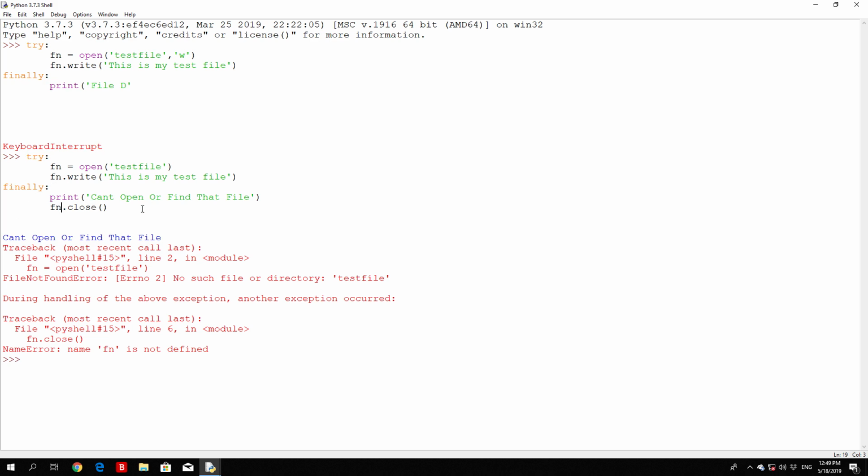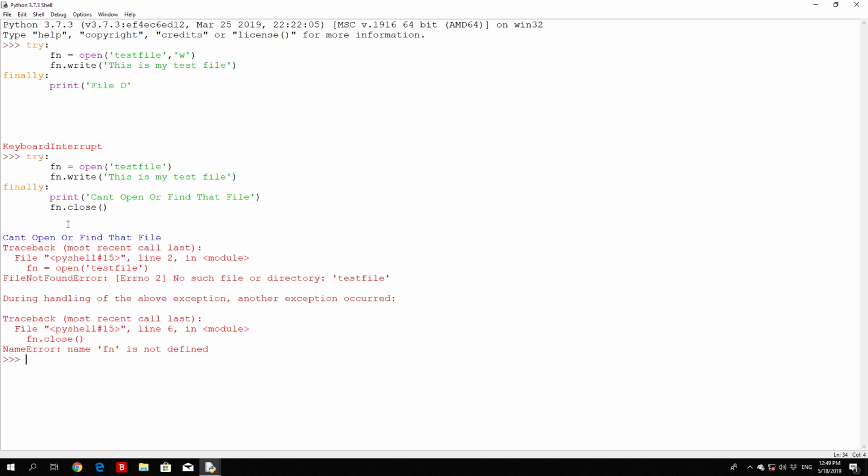Now, basically what this finally statement does is it will execute either way. But this program, for example, is useful if you do not have permission to open a certain file that you know exists in the writing mode. Then this will produce the following result, which is going to be "can't open or find that file." So the same example can be written differently, for example like this, by specifying the correct error. So go down here